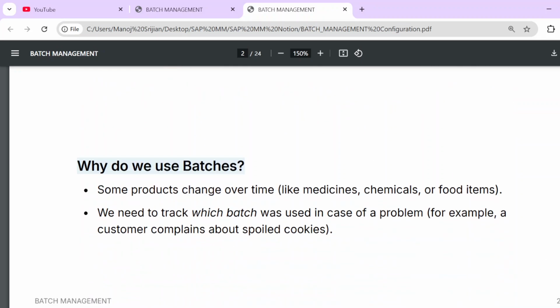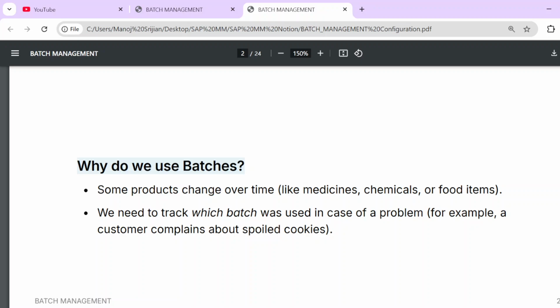So why do we use batches? Some products change over time, like medicines, which expire, or chemicals or food items, which change with time. So we need to track which batch was used in case of a problem.